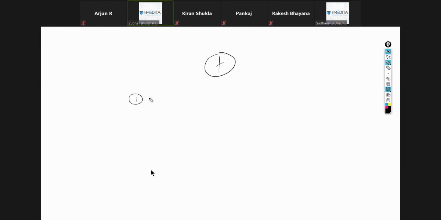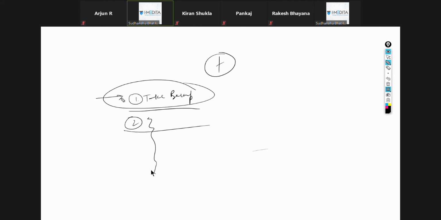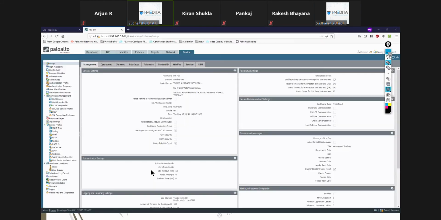Step one, take a backup of the old configuration. Then the next steps, modify the configuration. Why we take this first backup is just in case we mess things up, we can roll back to the previous configuration.